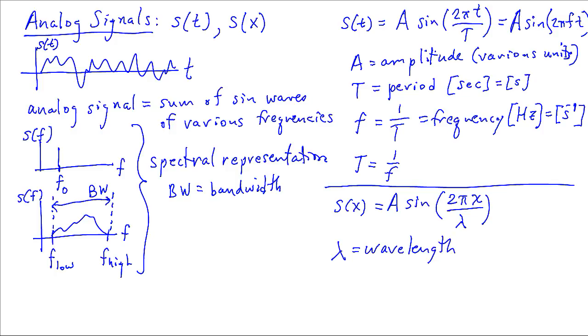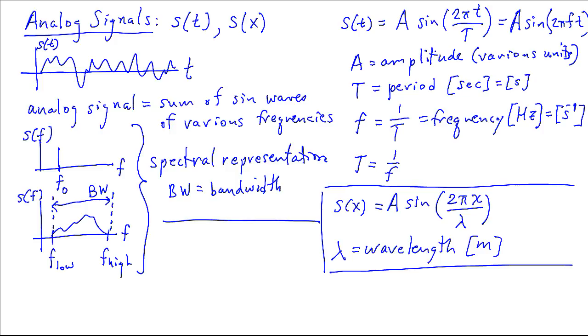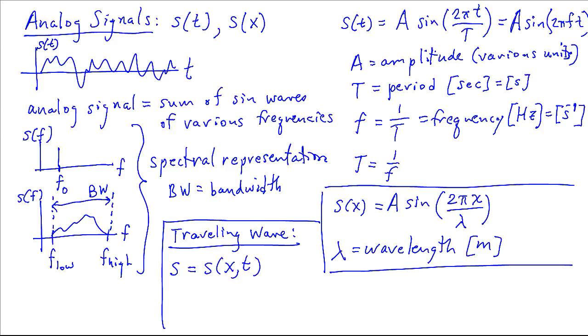This is the distance of one cycle in meters if we were to take a snapshot in time, so that has the same units as x. Okay, we can make a traveling wave, and our sine wave is a function of both, or our wave is the function of both x and t. And we know that this wave will travel